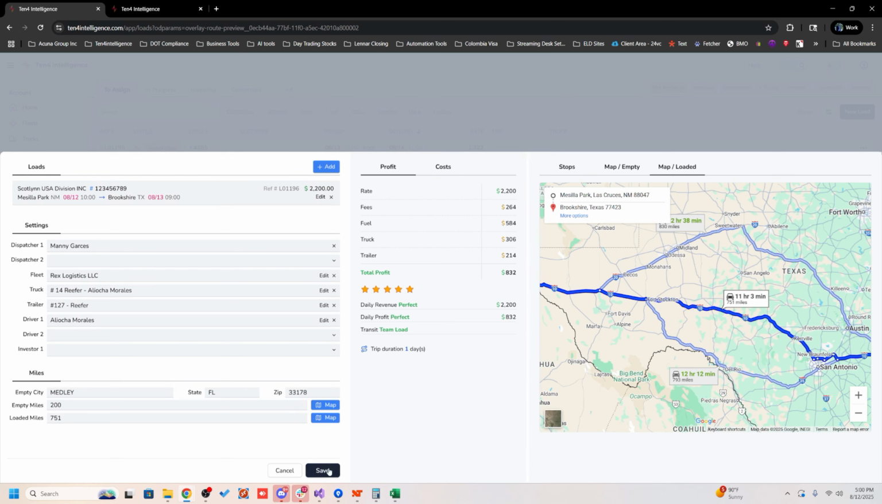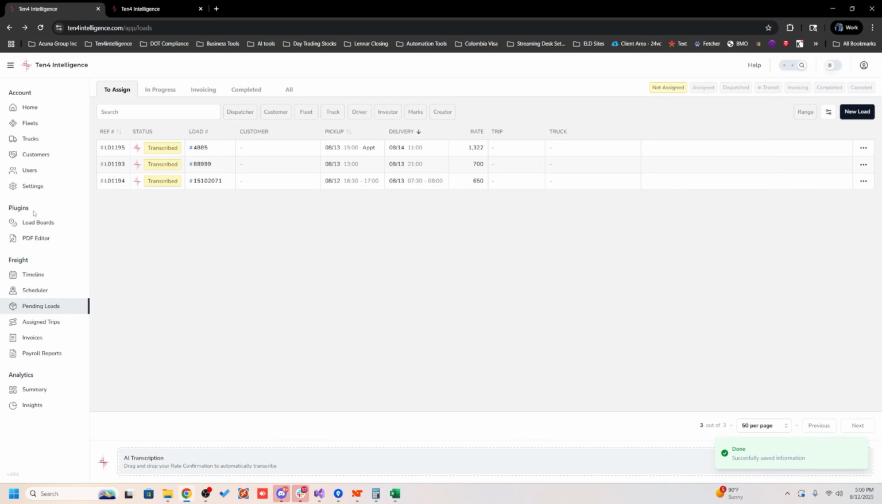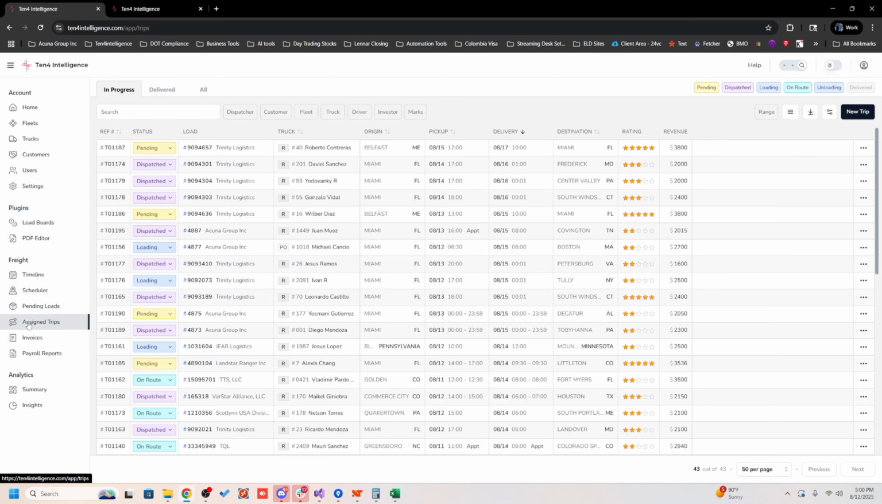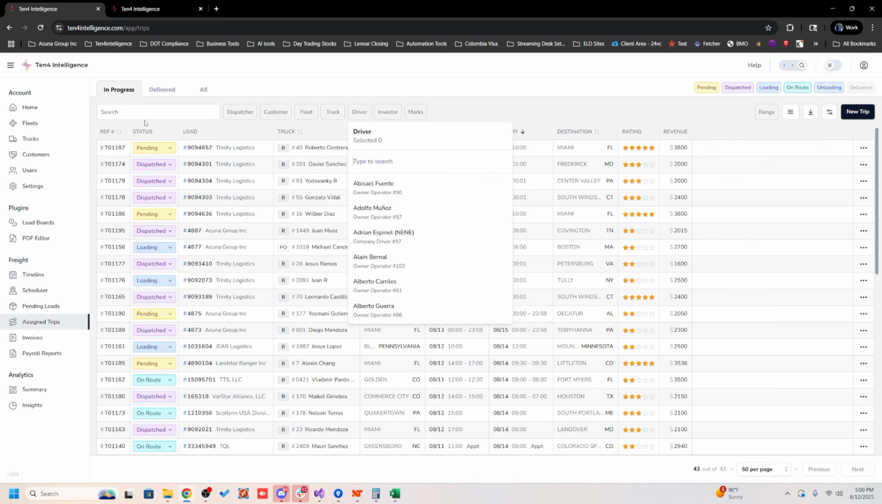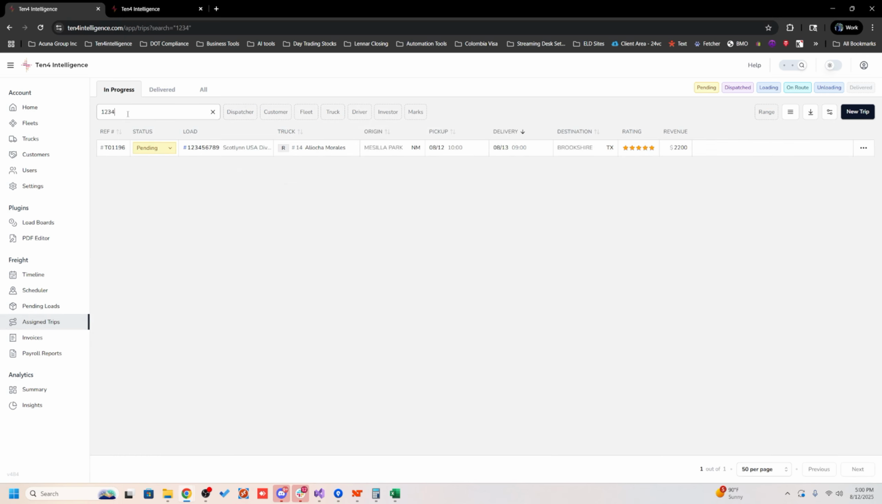Once everything looks good, you simply hit save, and this pending load disappears from here and now becomes an assigned trip. You can look up load by load number, fleet, truck, driver. In this case, I'm just going to type in the load number real quick since this is a demo load. In this case, if I want to update this current load that I uploaded, I can just go here and